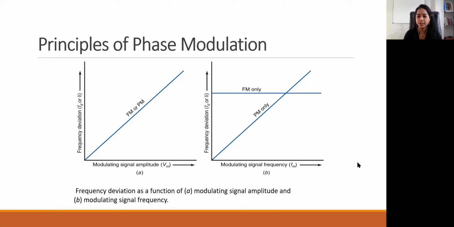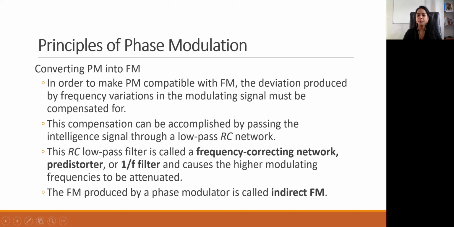Okay, so we'll move to the next slide. Here we can have the two modulations. See, whenever we do frequency modulation, the phase is also there, and whenever we do phase modulation, frequency is also there. So what is most important in phase modulation is that, as per standards, we should keep the amplitude and frequency of the carrier signal constant whenever we are changing the phase, or whenever we are doing phase modulation. The amplitude and the frequency of the carrier signal should remain constant throughout.